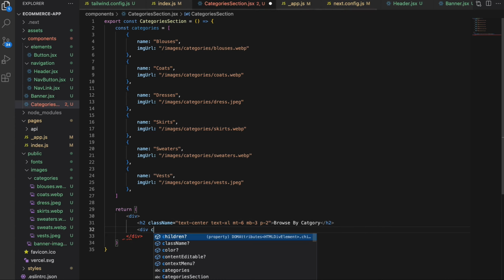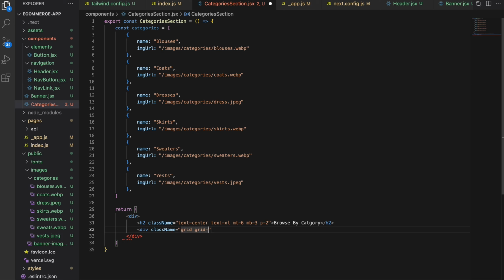And here, let's create another element. This time, this one would be grid. So we're gonna use the grid columns to display our categories. So in total, we're gonna have like 4 sections. And inside here, we can map out